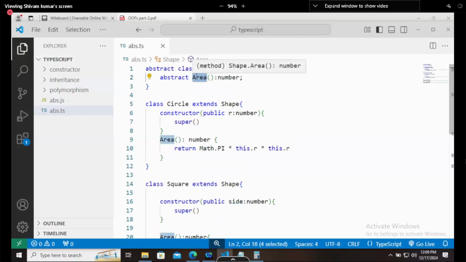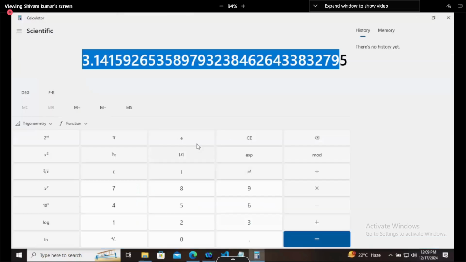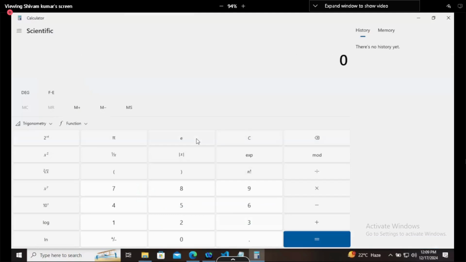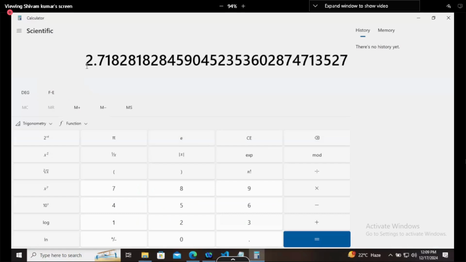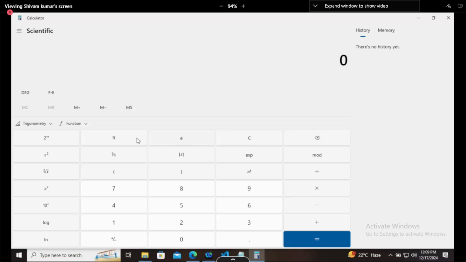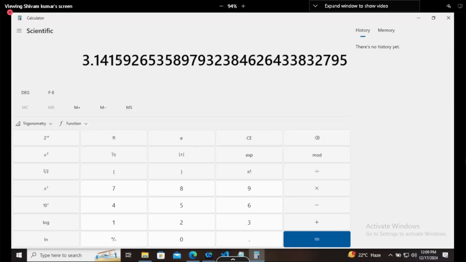That's it. Now let's say in this calculator, if I'm writing something like this E, do you know what E is? E is Euler's number, and this is the value of E. But how it is giving the value, we don't know. What it is doing inside, we don't know. We are just checking what E is and it is returning the value. This is the value of pi, 3.14159265, like this, right?